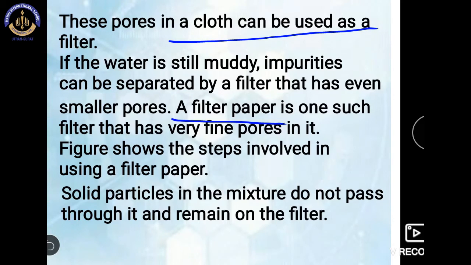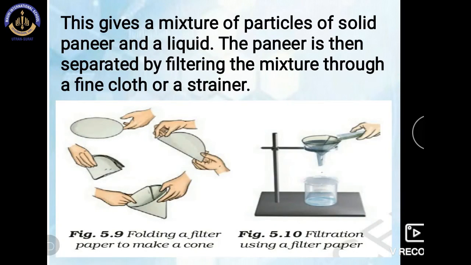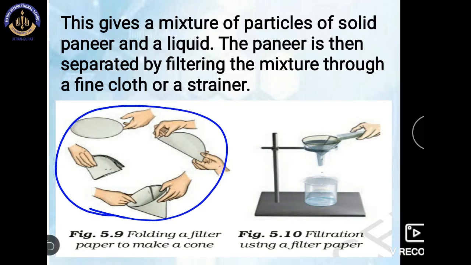The figure shows the steps involved in using a filter paper. So here you can see in this picture how we can fold the filter paper to do this filtration process. This is the filter paper, which has a round shape. You have to fold it in half and then in a quarter, the fourth part, and